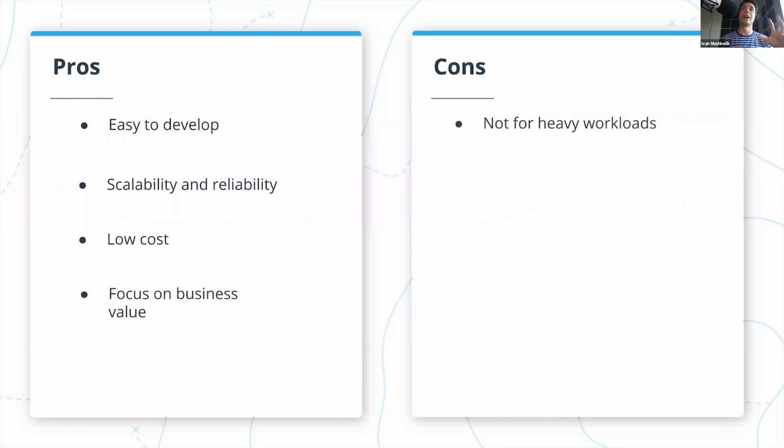However, I would say that using functions as a service is not for heavy workloads. It will be cheaper to rent an EC2 instance. So for example, if you have a high CPU load and you need to crunch a lot of data, then provisioning an instance would be cheaper, but only in case if it's processing data all the time.